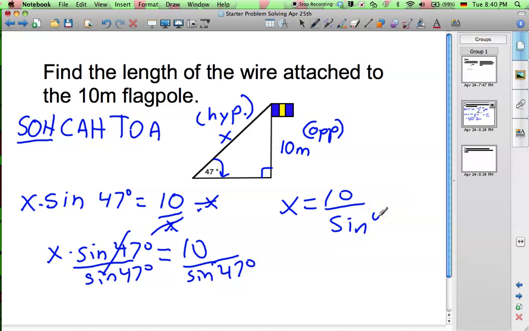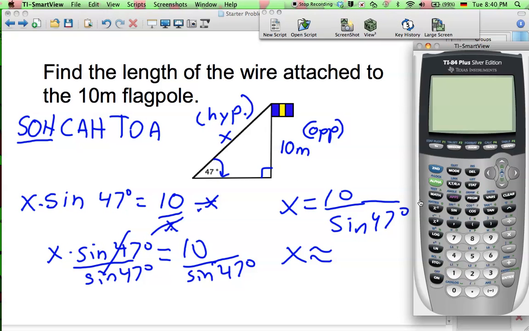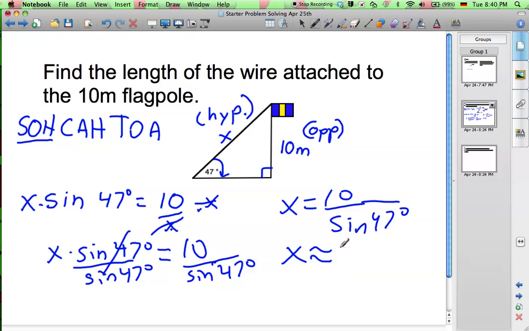And we can just type that into our calculator and then round the answer. So let me bring up my calculator. 10 divided by sine 47. Enter. We get about 13.7 if we round it off, so the answer is